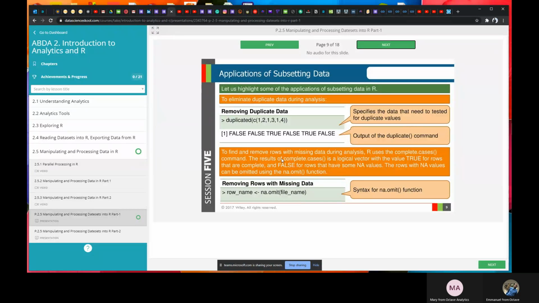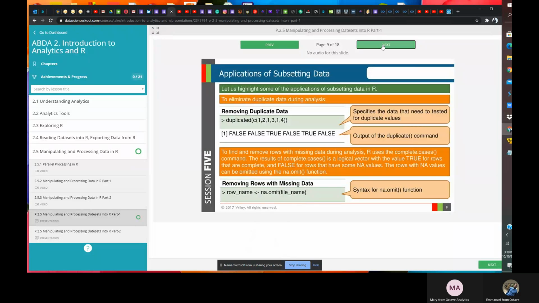Don't confuse the complete.cases command with na.omit. na.omit is going to remove the rows where you have NAs completely. But complete.cases gives you a logical value stating that this particular row has a null value or none.